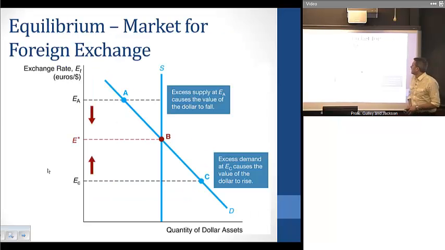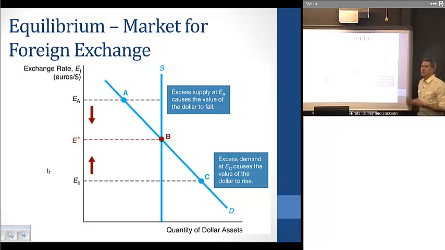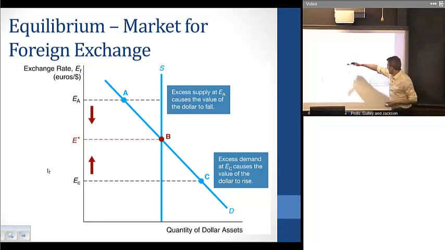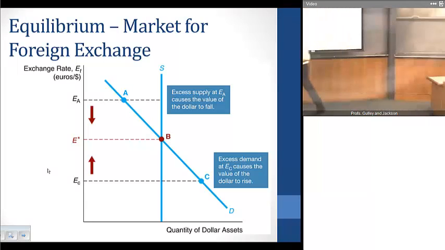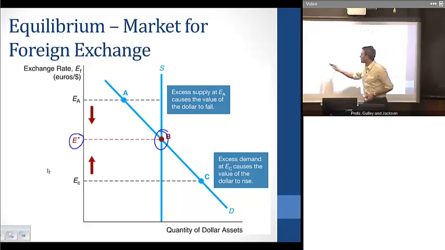Okay. So if we put these things together, demand and supply, then again, this is going to give us our equilibrium, and this is where our exchange rate comes from. So if you look at the demand curve here, maybe I'll use this picture here, you can probably see it better. We have the demand curve is downward sloping. The supply curve, as we talked about, was perfectly vertical. And where those two things intersect,